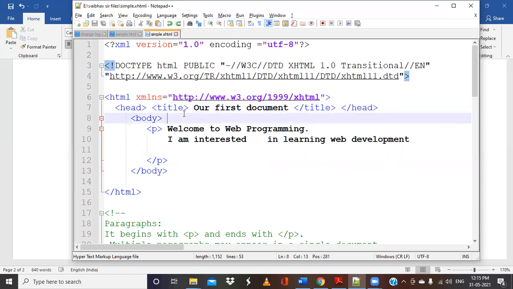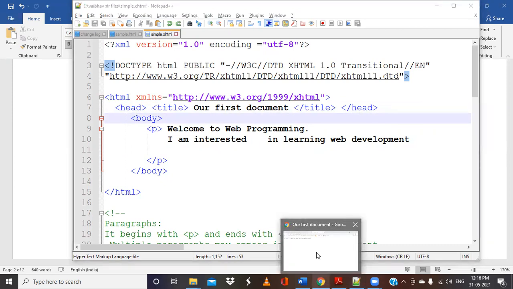So here we have included a tag called the title tag. So what will this title do? This title tag, we basically use it to give the name of the program or the name of the file. For that we use this title tag. So when you run the program, whatever you specify in the title tag will appear on the browser's window at the title bar.